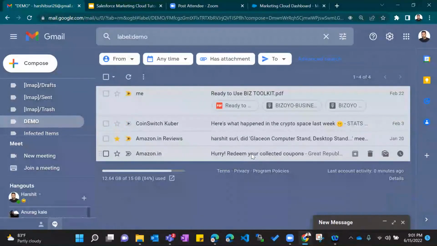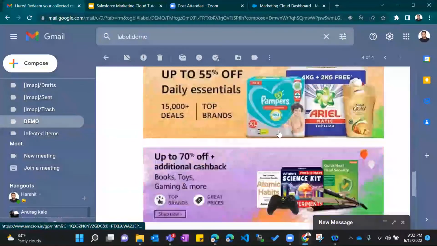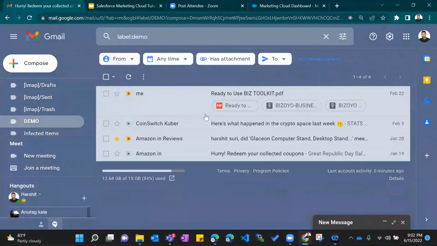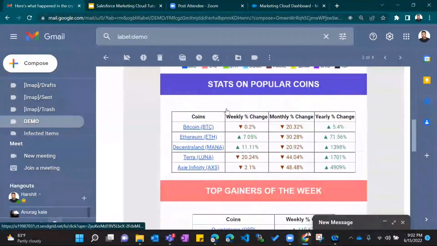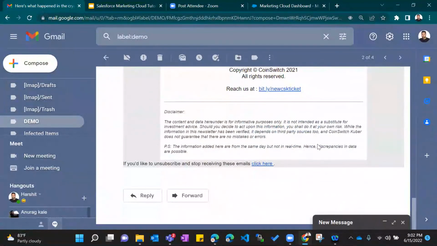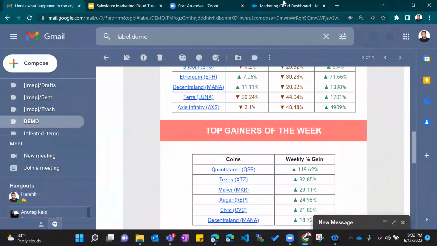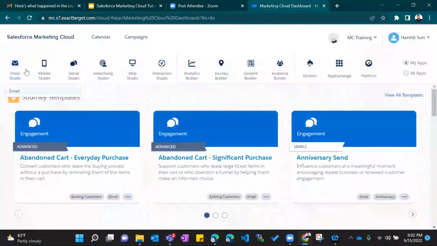There are plenty of other types of emails like this email, a totally promotional email. So this is not a dynamic email, but a great example of a dynamic email is this, where you will see that every day updates are being sent. There is a specific technology and a programming language, or a scripting language to be more precise, with the help of which we are able to achieve this type of dynamic email personalization. So guys, this is possible with the help of Email Studio. Not only static, but you will be able to create dynamic emails as well.